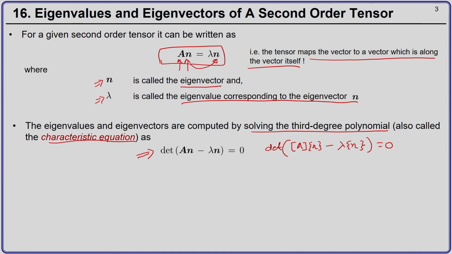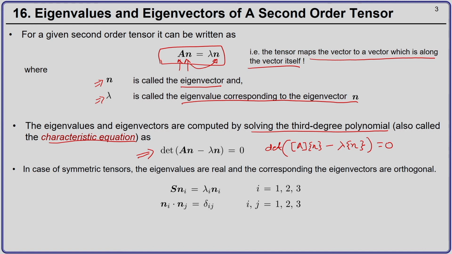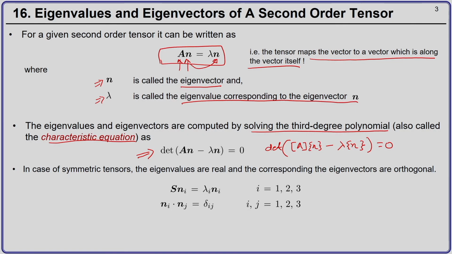This is just like finding eigenvalues and eigenvectors of a matrix A. In the previous lectures, we saw that you can write a second order tensor as a 3 by 3 matrix. So, to find the eigenvalues and eigenvectors of a second order tensor, you first express that tensor as a 3 by 3 matrix, and then find the eigenvalues and eigenvectors of the matrix. Now, there is a special class of second order tensors which are symmetric, and symmetric tensors play a huge role in continuum mechanics. An important property of these symmetric tensors is that their eigenvalues are real, and the corresponding eigenvectors are all orthogonal.